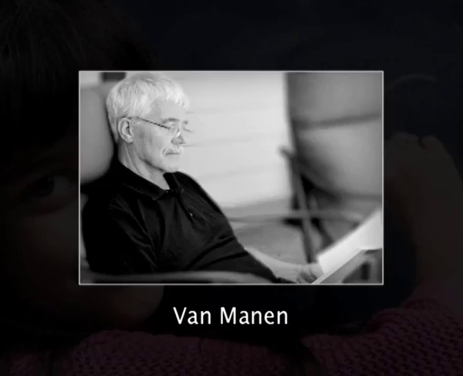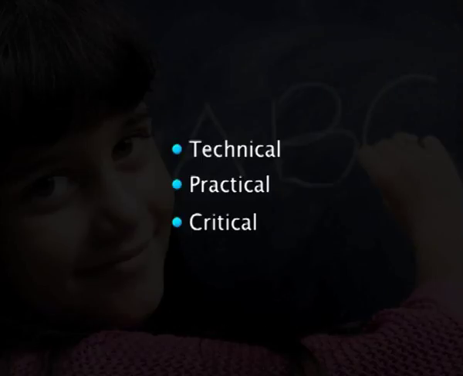Van Manen is another educator who has given a hierarchy of reflective practice. The hierarchy is like this: technical, practical and critical. So, technical, what I just told you now, what went right, what went wrong and why. The practical